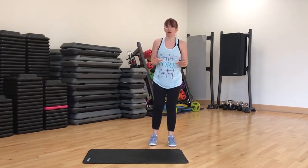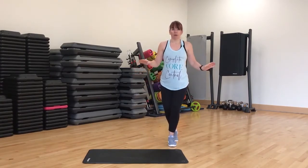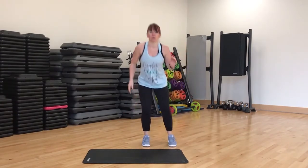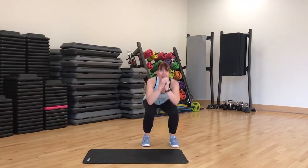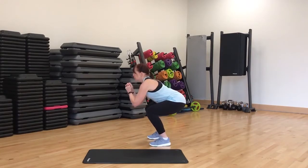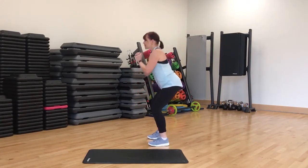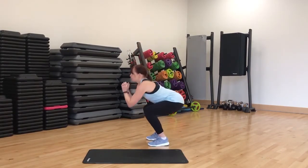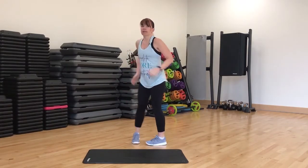Okay, so how about a curtsy squat? So we squat down, then we take it behind. So what this does is it isolates that leg that we're putting all our weight on. So down, back, down, and step behind. Show you side on. Down, just tap that foot behind, all the weight on that front leg, down and tap. You put that together with a few of these and you're going to really start feeling it in the back